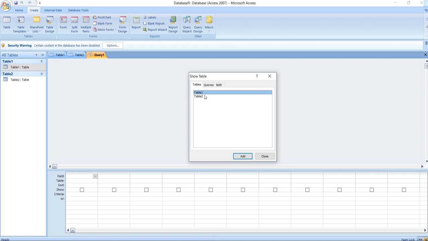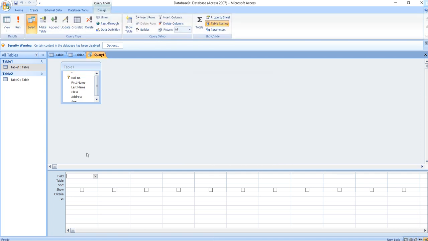Now first of all, what we want to do is select the table. Now this is my table 1. I am adding it. Now I'll close this. Now what I want, the field name as roll number. Then in the next field, suppose I want class. Then first name.